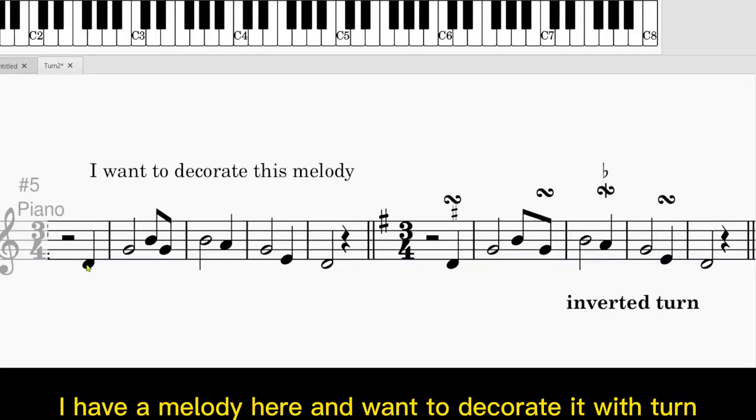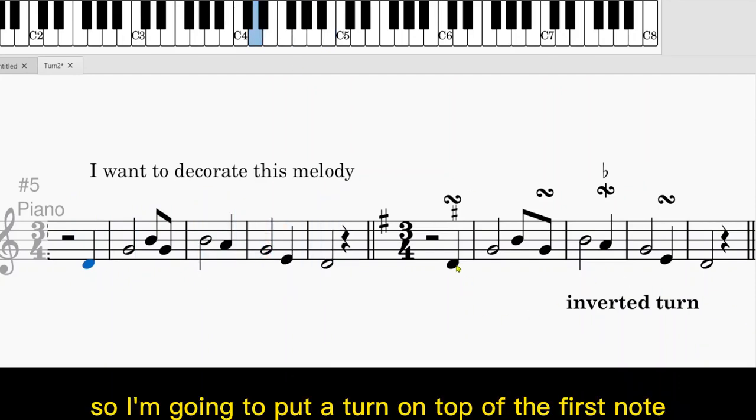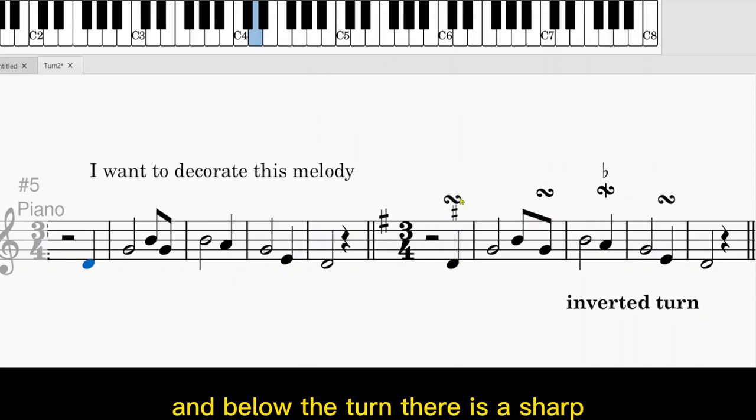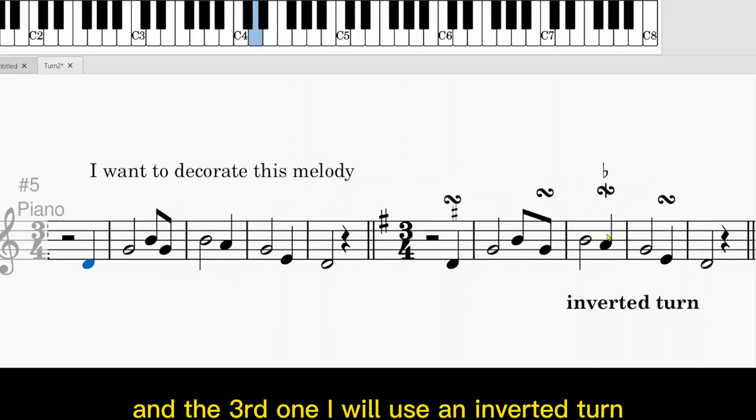I have a melody here and want to decorate it with turn. Let's listen to it. So I'm going to put a turn on top of the first note, and below the turn there is a sharp. Then next one I will put on top of the quaver here,